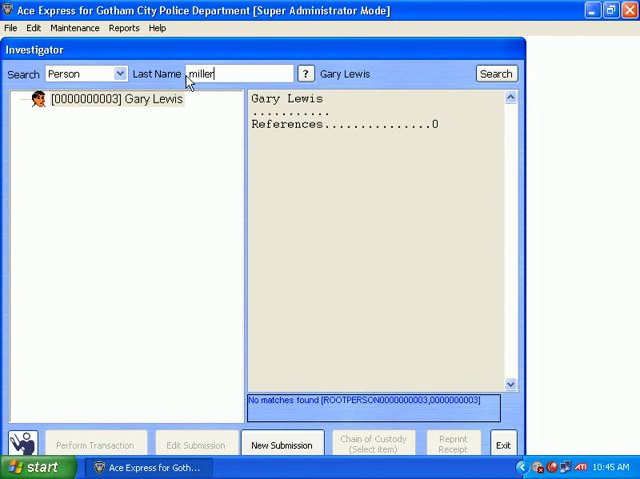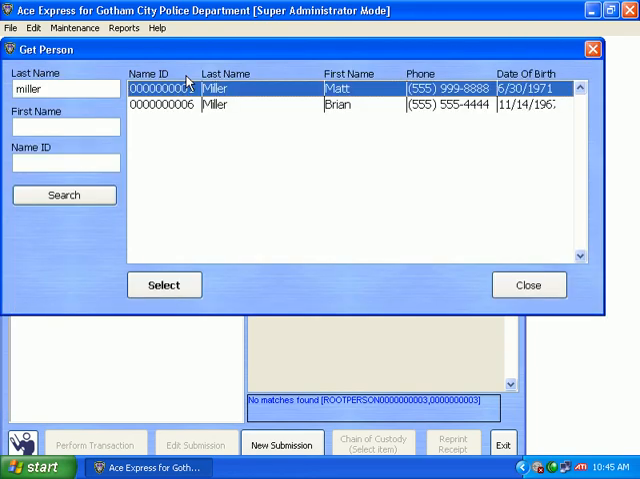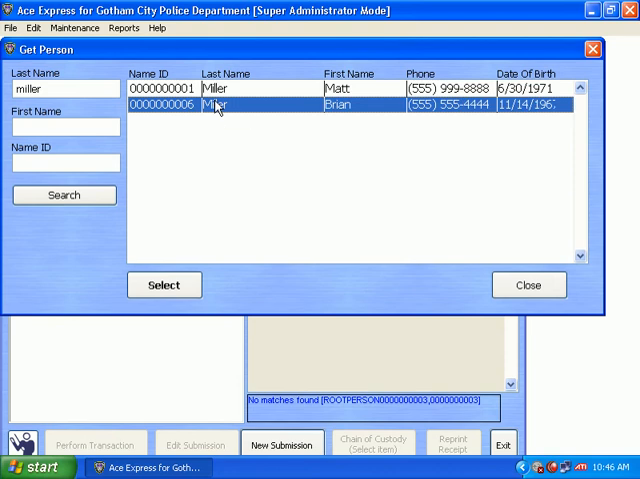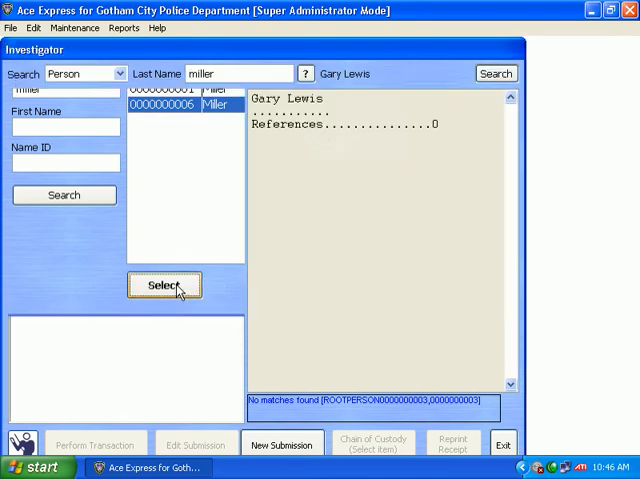We know that someone named Miller is here. Well, the database has two instances of Miller, a Matt Miller and a Brian Miller. Here you can see quick information, phone, and a date of birth. If one of these are the people you're looking for, just go ahead and click on select, and it will